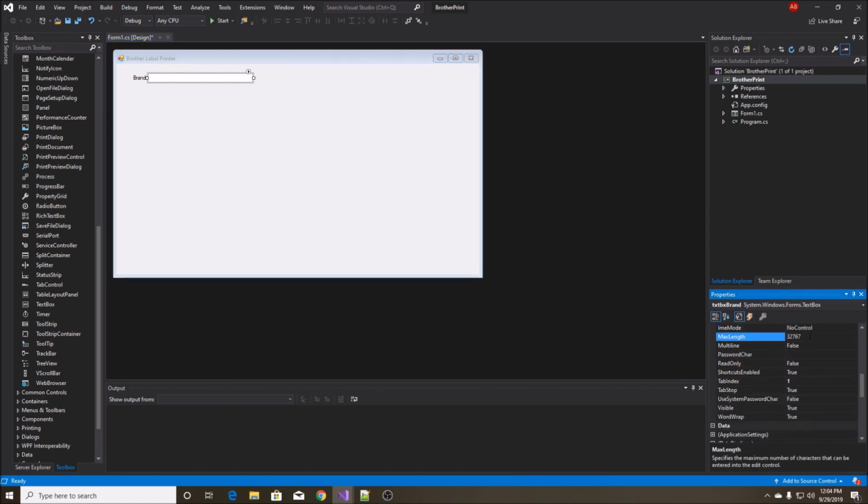So go in here to max length and set it to maybe, I'd say let's go 10 characters right now. I think that's what would fit on mine. You have to experiment and kind of play around to figure out what fits on your label and so forth. It depends on the font size and everything else you set up in the label. Now that we have the brand set up,